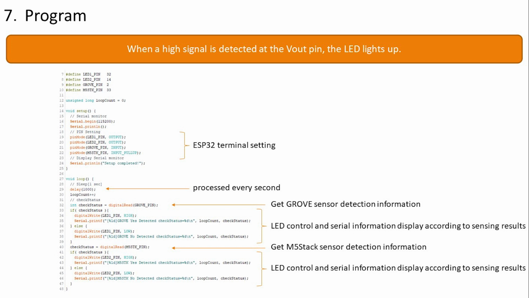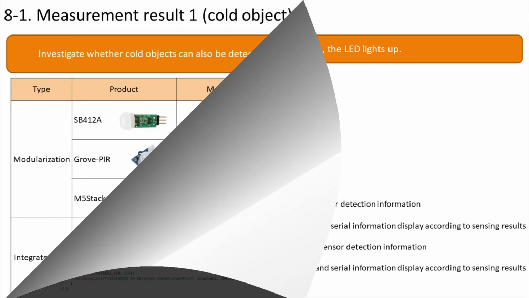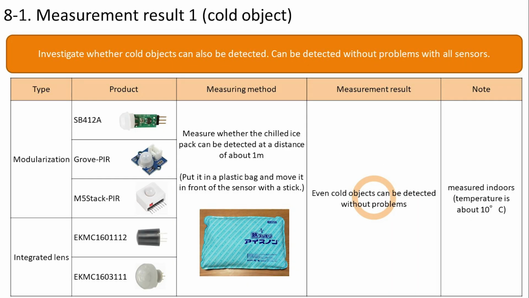The acquired sensing result is a program to check with LED and serial monitor. Move on. Here are the measurement results. First, we measured cold object detection. I put the frozen ice pack in vinyl and hung it with a stick about 1 meter in front and moved it to measure it. Measured indoors. As a result, we were able to confirm that all sensors can detect even cold objects without any